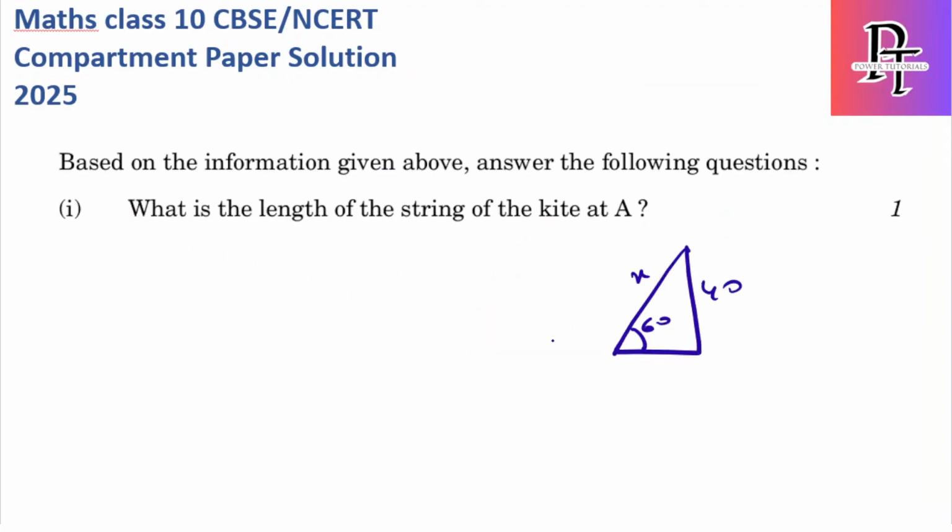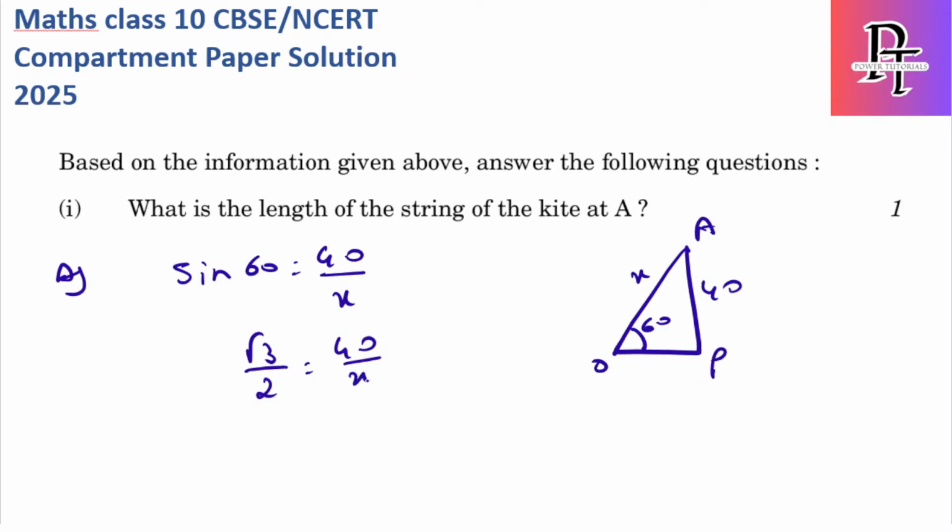OA they are asking. So I want hypotenuse, I want opposite side, so I have to use sine theta, which is sine 60 is equal to 40, opposite by hypotenuse is x. Sine 60 is root 3 by 2, equal to 40 by x, hence the x value is 80 by